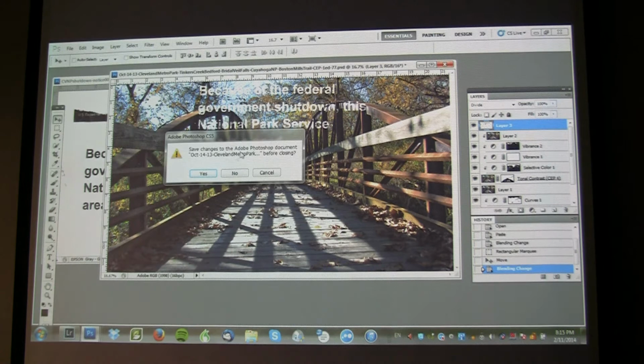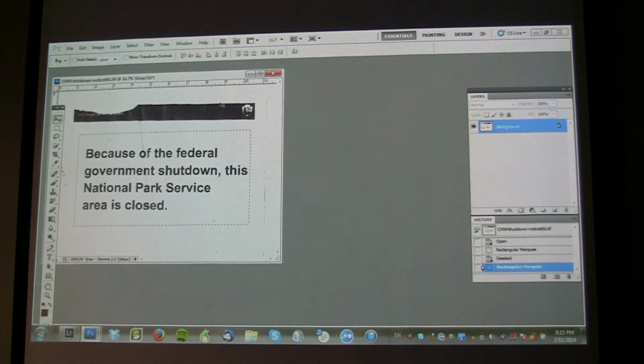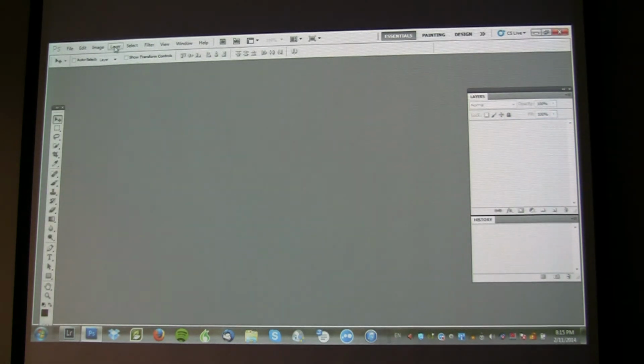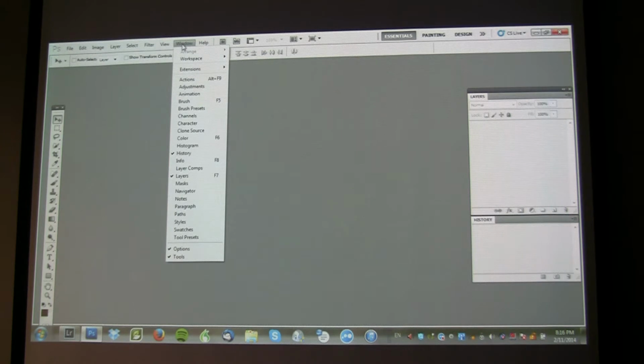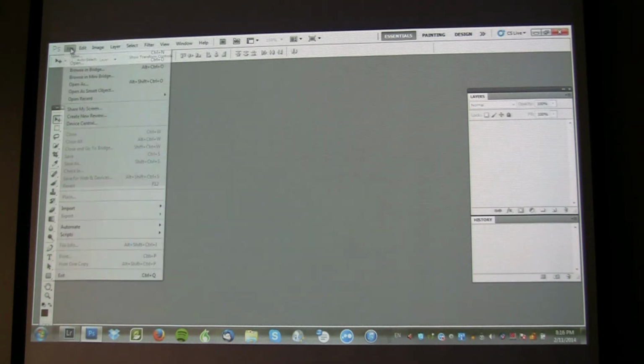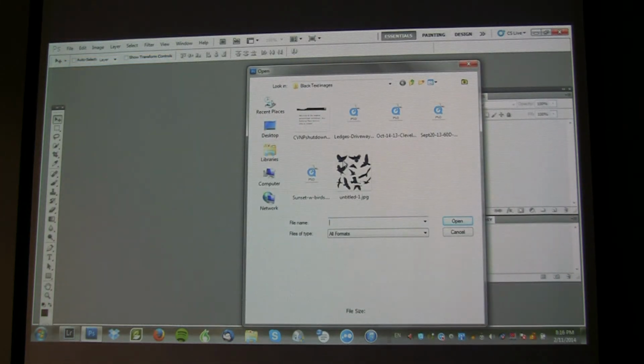So let me give you one more example that doesn't use text, that uses silhouettes, because that's another way you can use this technique. If you have silhouettes of people, objects. So I will, okay, this one, and